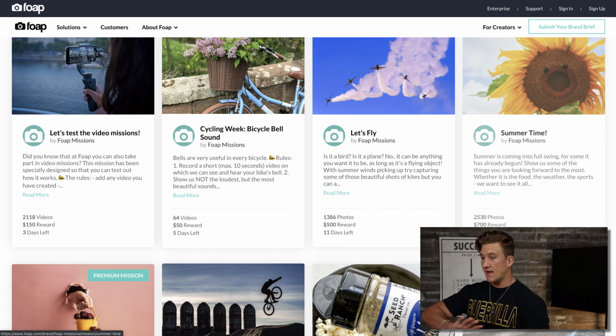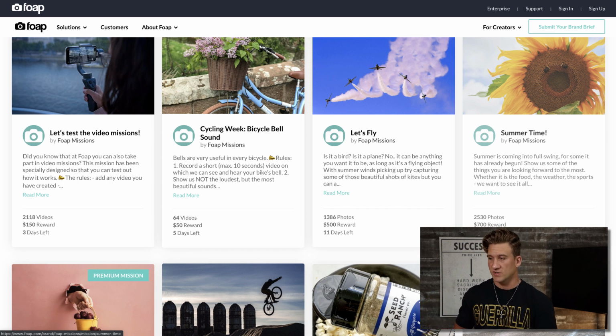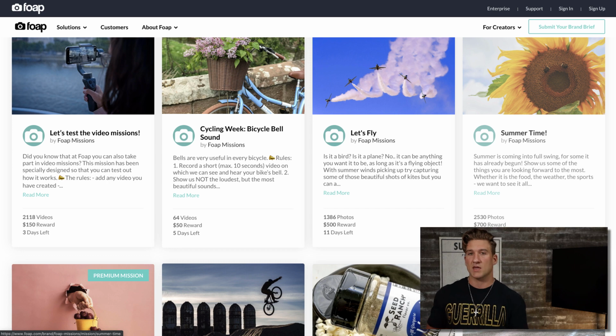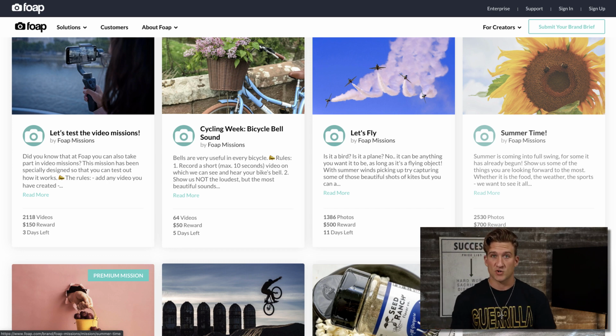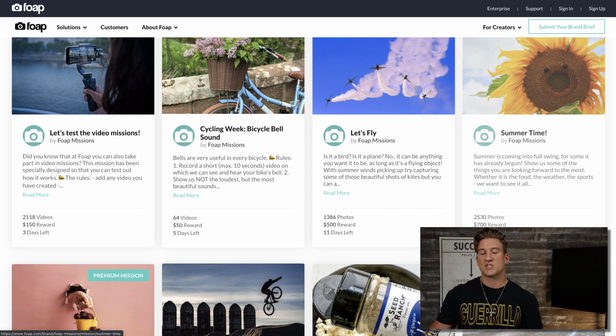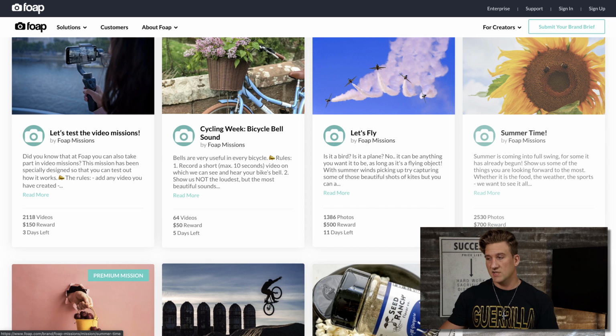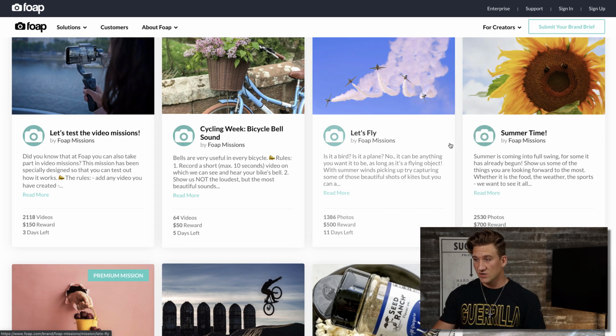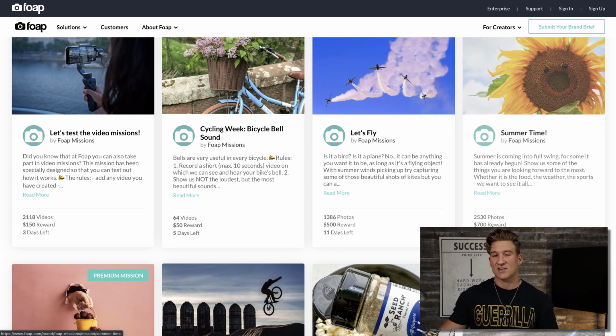And this is completely extra. This is just missions for you to enroll your photos in, right? This isn't the same thing as people buying your stock photos. While you do get to list your photos to be purchased at any given time, you also have the opportunity to list your photos in these extra missions right here. And you can go to whatever makes sense, right? And get this extra reward.